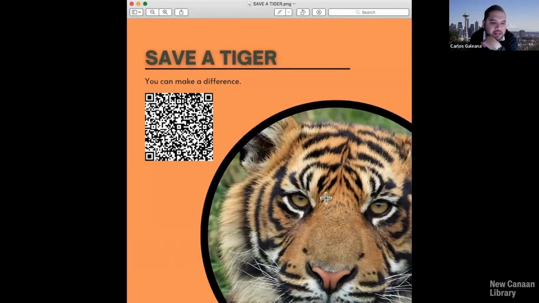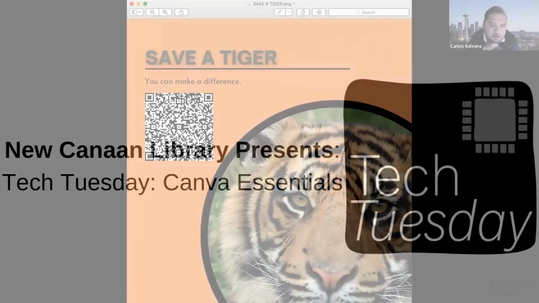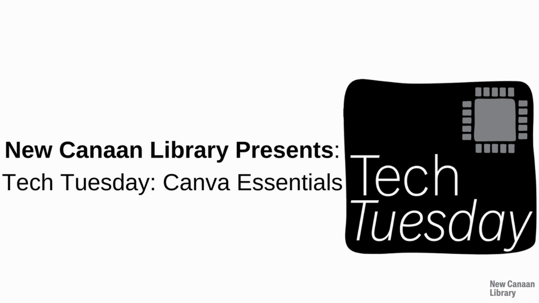We started off with a kind of holiday themed template, and then we made some significant changes. We deleted the photo, we changed the background, we changed the text, we added a different color, we put a new picture, and then we added a QR code there. All right, I see a question on the chat, so I'm going to go ahead and pause and I'll give James a chance to read it out loud.